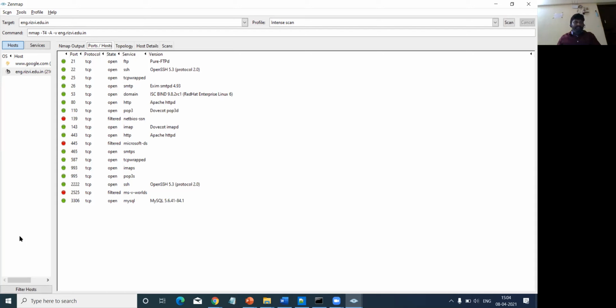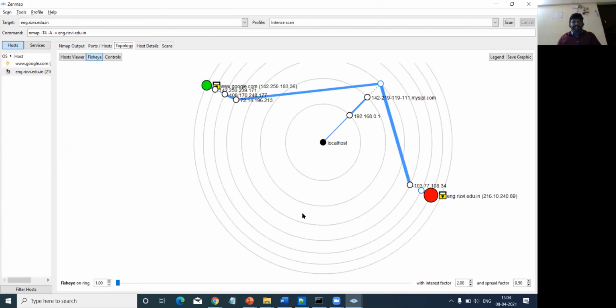So with this information, the attacker will get a complete idea. Now you will decide through which port you will try to enter the particular machine for attacking. Now this is the complete information, which includes the internet service provider details.